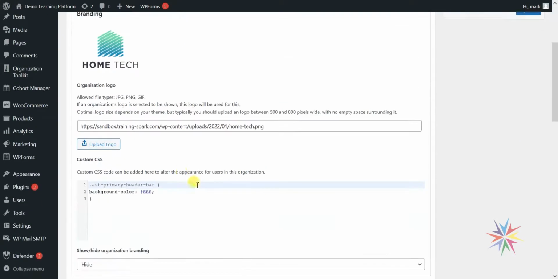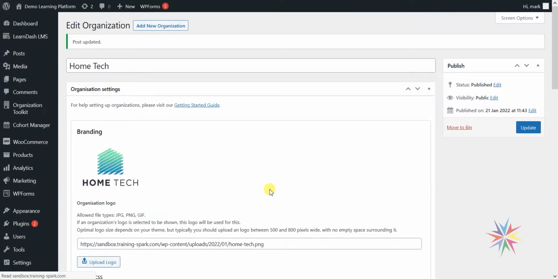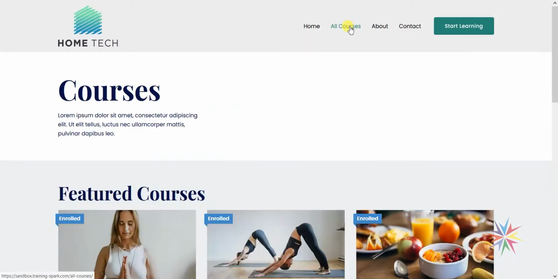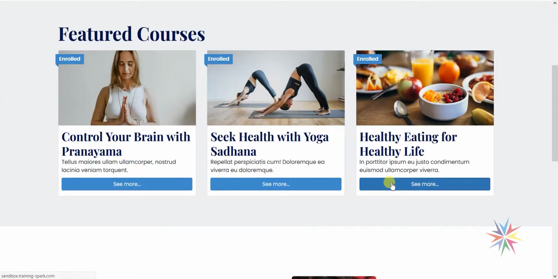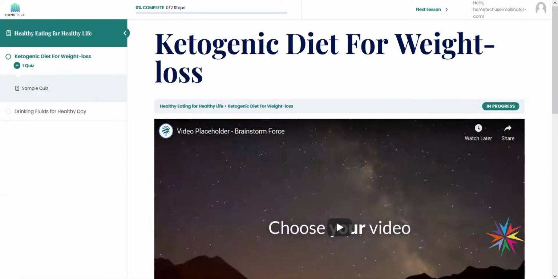The last thing I'll quickly show is that if I switch the overbranding back on, as a learner, if I go right down into courses, for example, and go into a course, the overbranding, as in the logo, carries right through into the LearnDash course interface. So this is the focus layout for courses, and you can see that the logo has been carried through to this page. So what we've done there is created some overbranding for the home tech organization,